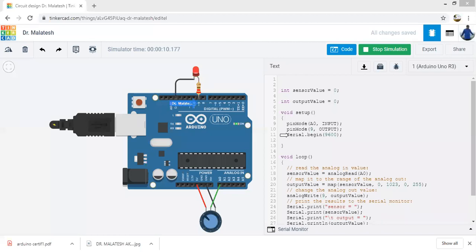And Serial.begin sets the baud rate. I know most of you are aware of the bit rate and the baud rate. The bit rate is nothing but the number of bits transmitted per second. The baud rate is the number of symbols, and the symbols are combinations of bits, as you know. Here, usually with the Arduino, 9600 is used for the serial monitor. Here it is not required, but we can use the serial monitor to see what exactly happens inside the program.